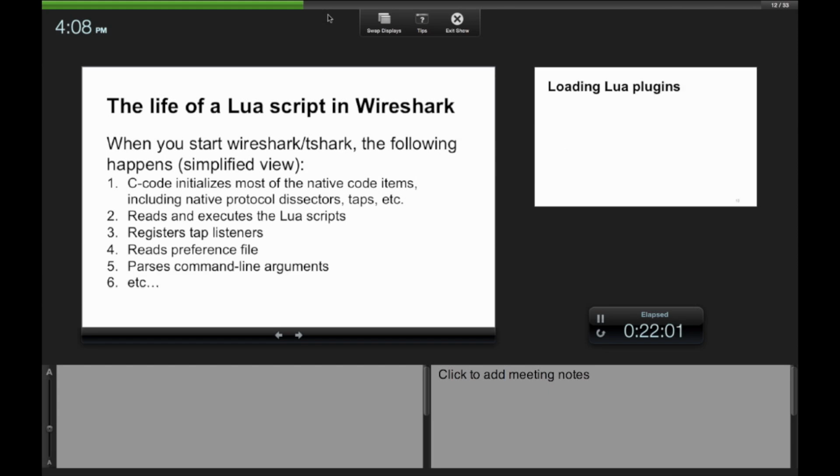And then it parses the command line arguments. And actually, I think this got changed recently, that it may parse the command line arguments before the preference file. I can't remember. It was a chicken and egg problem we had with Lua, because we can pass preferences in the command line as well, but in the command line, you can also specify which Lua script to load. And so it needed to do that much earlier. So I think actually this got changed, but it doesn't really matter for most of the stuff we talk about